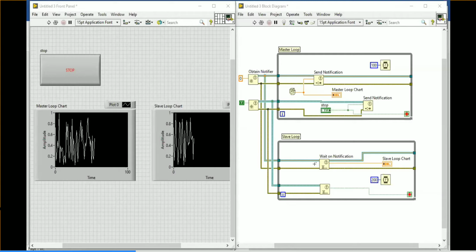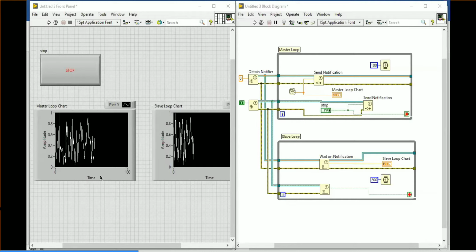If you are using the notifier operation in the master slave architecture, the notifier function does not have a buffer. If a buffer were available, the values would definitely be stored and all the values would be plotted every time. The conclusion is, if you are using the master slave architecture with the same timing, you won't get any problem. But if you are using different clocks, the data will be lost. That is the very important thing.